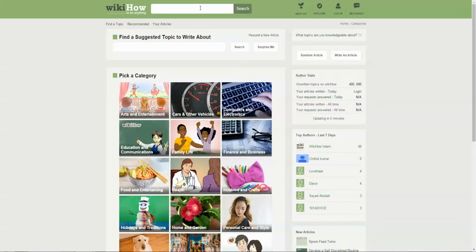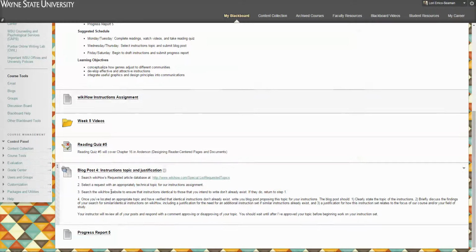And if you feel like, no, these are really good instructions for this task, then as it says here, you'll want to return to step 1. If you feel like, no, these instructions, I could do much better, have a lot more steps, make it a lot more user-friendly, you might want to still write about them. So once you've located an appropriate topic and you've found that the exact same instructions don't exist, you're going to